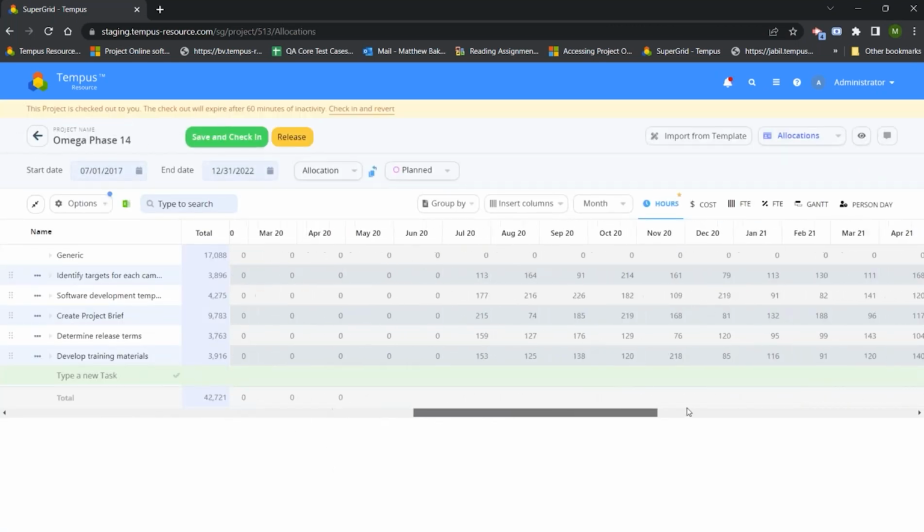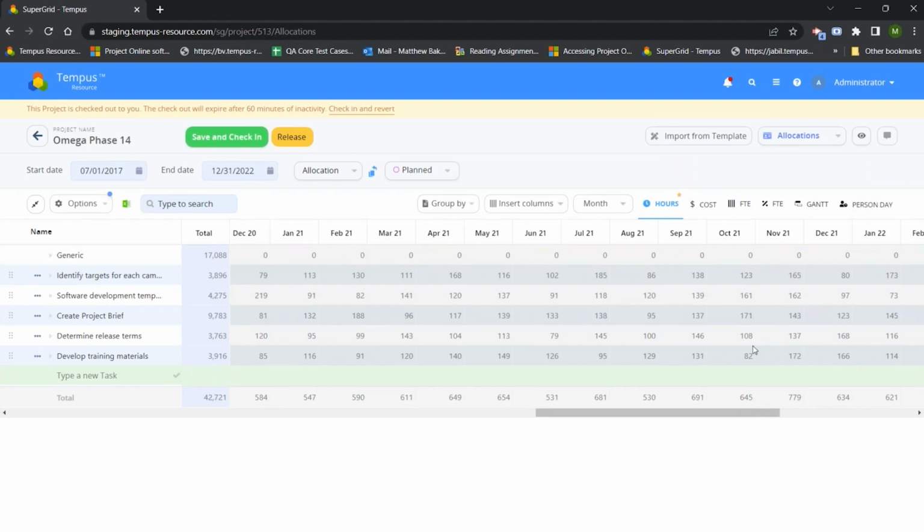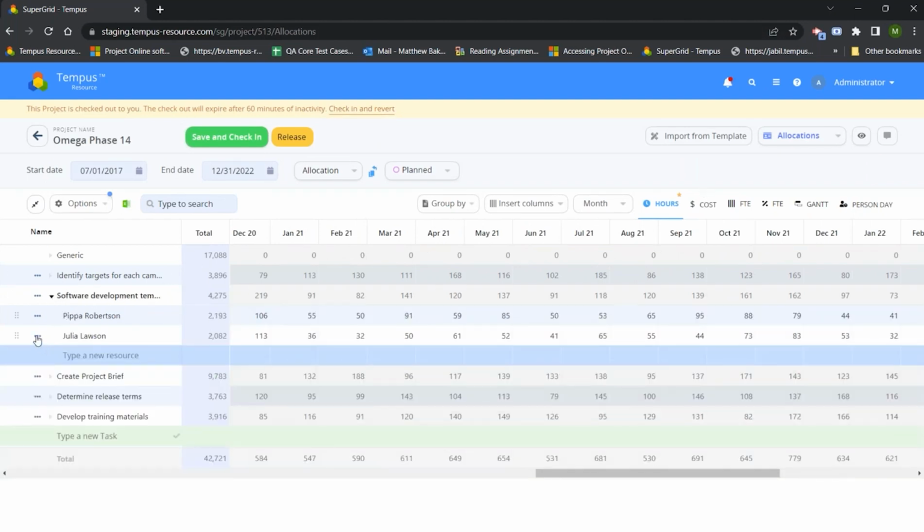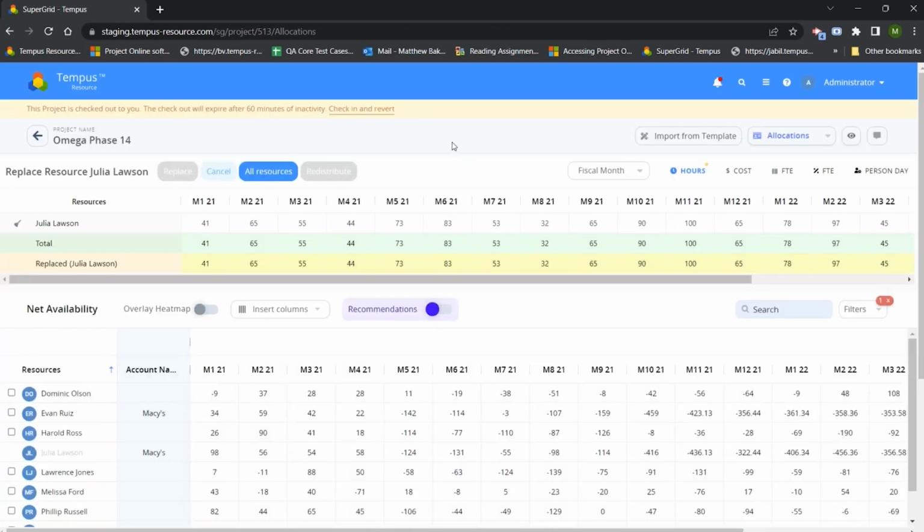And like you've done probably in the past with a lot of your assignments, you can then go in here and do the resource replace options. So I'm going to select Julia here, and I'm going to go ahead and select resource replace. So far, very similar to what we've seen in the past, but what you will notice now is we do